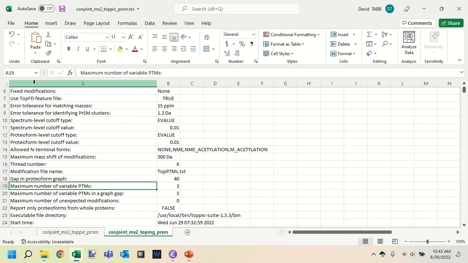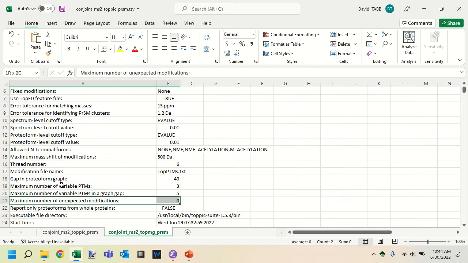But you see that we have a maximum number of variable PTMs. The software is saying that for an individual PrSM, no more than 3 PTMs are allowed to be made. That's the -P3 option showing up. And right here we see that the maximum number of unexpected modifications is set to 0. Now this is a really important way that TopMG differs from TopPIC. TopPIC is going to interpret